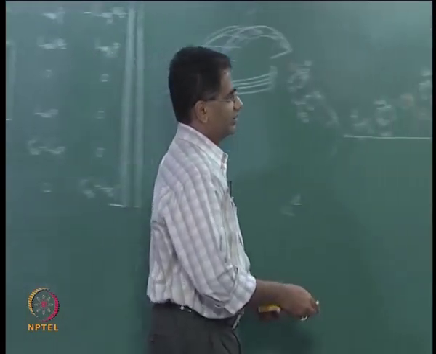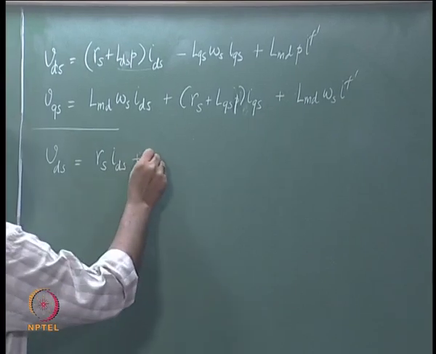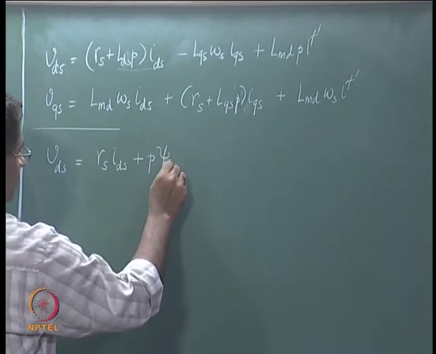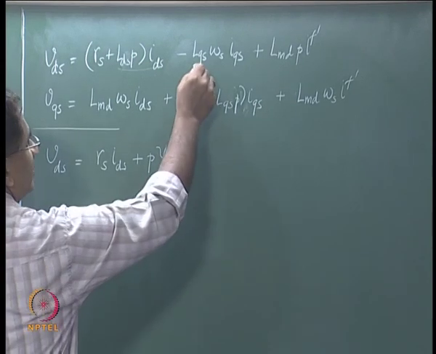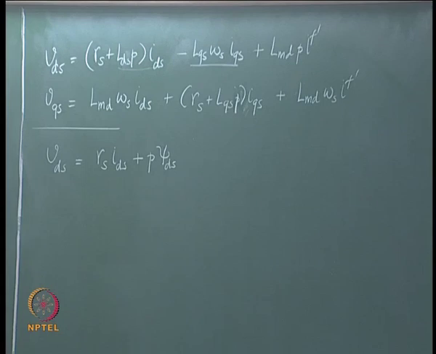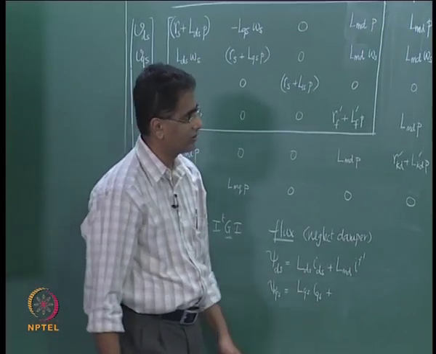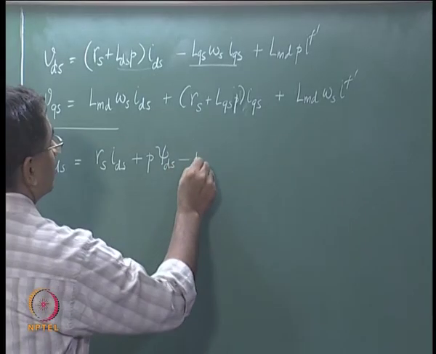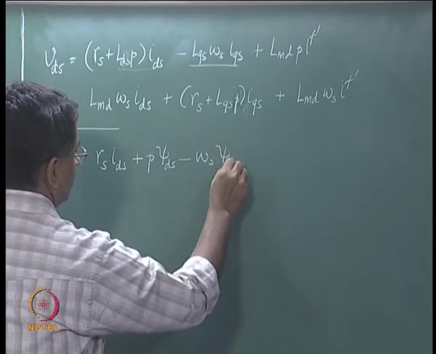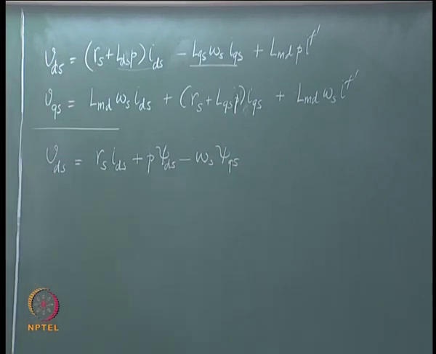So, that can be written as P times psi ds, and then you have minus LQS omega s into IQS. LQS into IQS is psi QS, that is what we see here. Psi QS is LQS into IQS, and therefore you have minus omega s into psi QS,